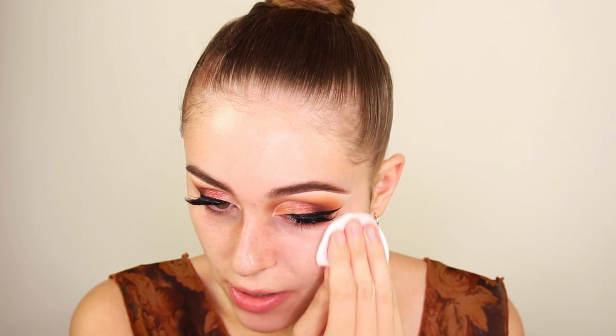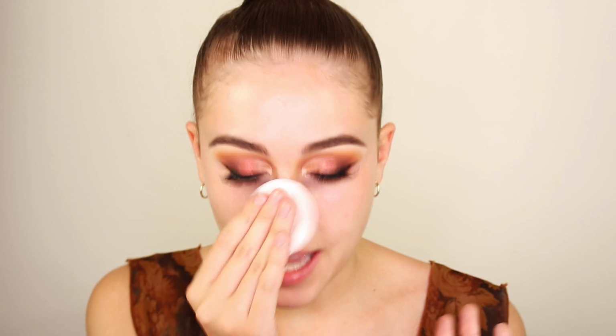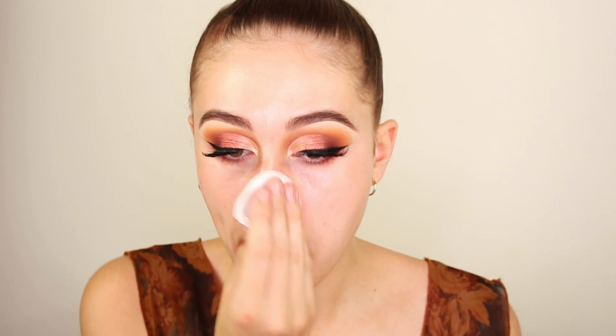Do you guys ever do your eyeliner and it starts off really thin and you like the way that it looks, and then it just gets thicker and thicker until it's really thick? That happened to me today. I was really happy with it, and then I put on lashes and went over the band, and I kind of ruined it a little, so I needed to make it thicker, then I had to even it all out, and now it's ended up so thick. I usually hate my eyeliner this thick, but